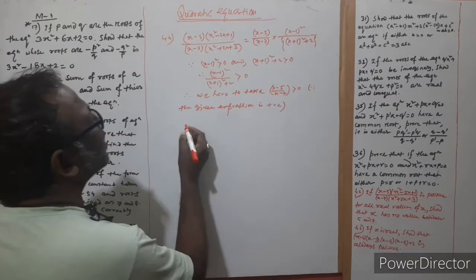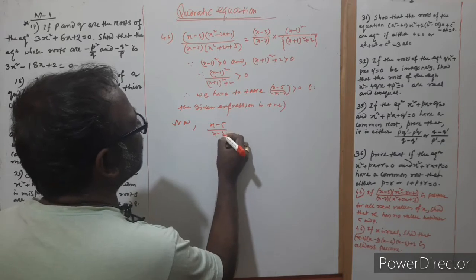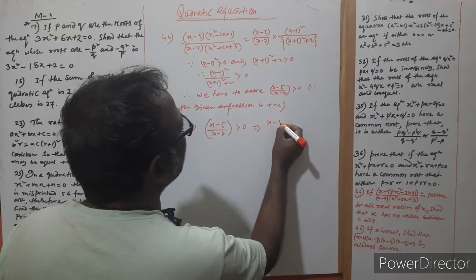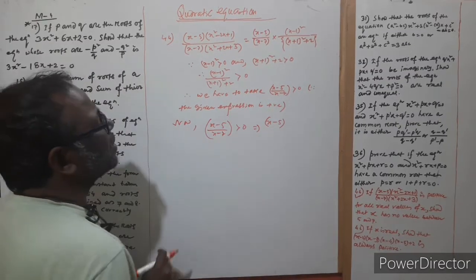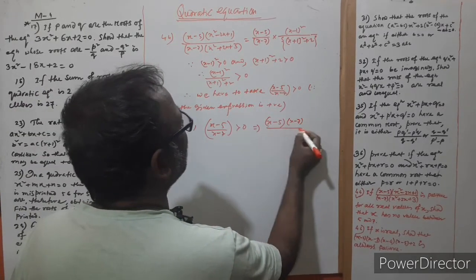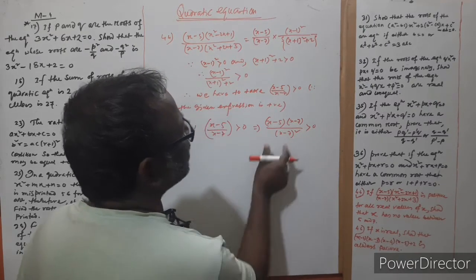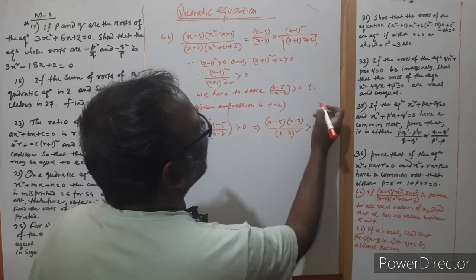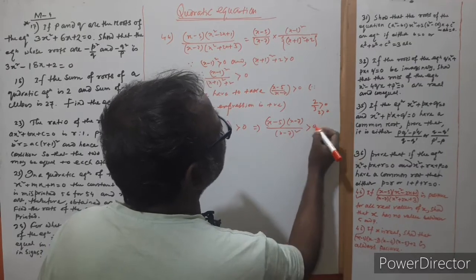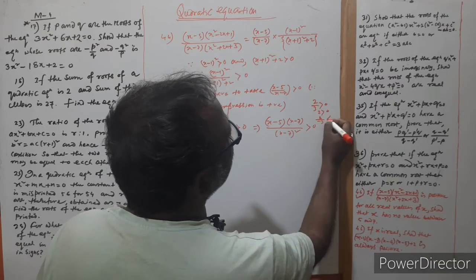Now from this, (x minus 5) by (x minus 7) is more than 0, and this is the technique we have to use here. Multiply the numerator and denominator by x minus 7. This is the writing style. This is a square, and this is positive. Like that, 2 by 3 is more than 0, but 2 by minus 3 is less than 0,